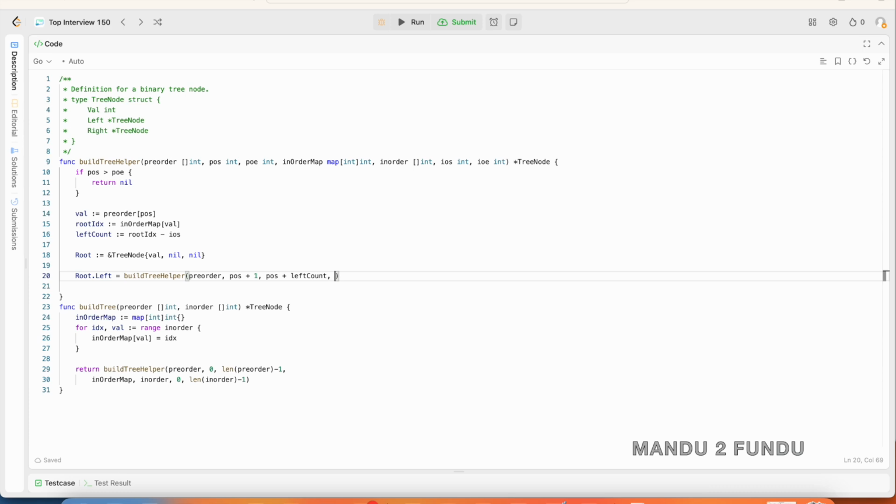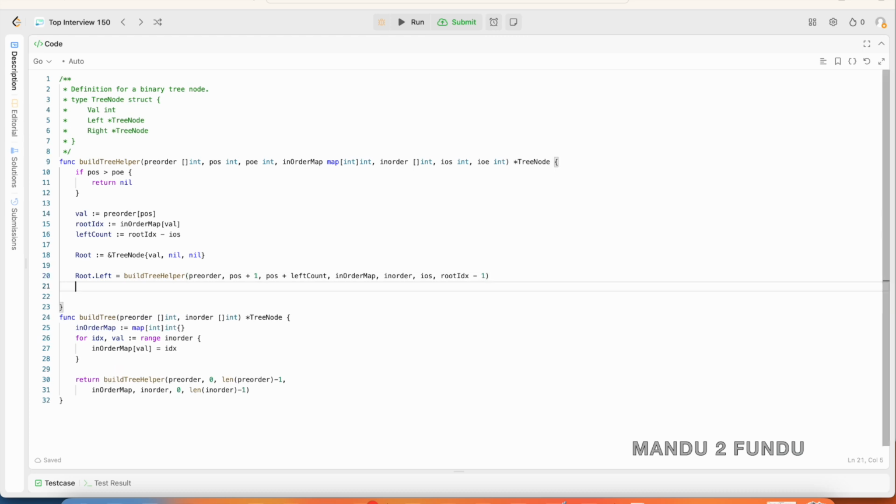So in the preorder array, the left subtree is present from POS plus 1 till POS plus left count. The inorder array contains the left subtree starting from index IOS till root IDX minus 1. So that's why I am passing that value as the index range. Similarly, I make a call to build the right subtree where I am passing the same preorder and inorder arrays and so on, but